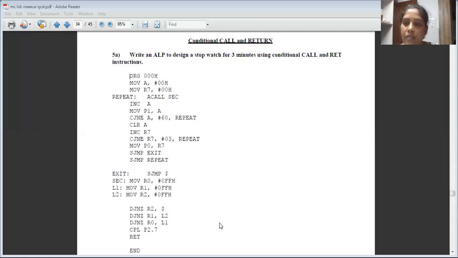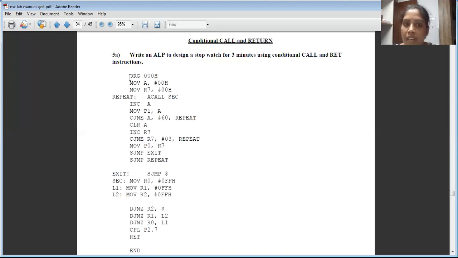So let me get into the details of the program. As you already know, we will start with the origination, that is ORG 000H, which will just originate the program. After that, we are using the accumulator and one register. I have used the R7 register and the accumulator. A represents the accumulator, and R7 is nothing but a register. You can use any other registers also. For my convenience, I have used A and R7.